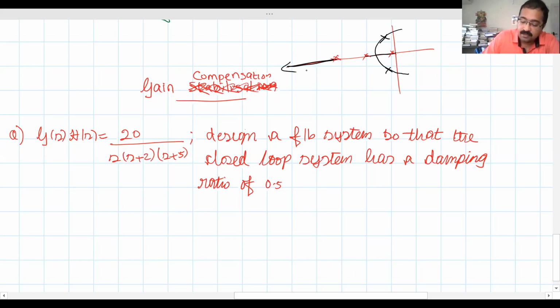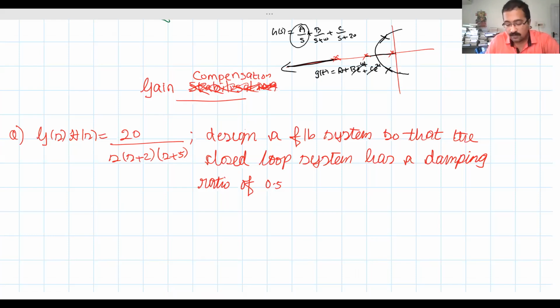Say for example, if you have a system like this, G of s is equal to a by s plus b by s plus 10 plus c by s plus 20. What is its response? Its response g of t will be a plus b e raised to minus 10t plus c e raised to minus 20t. As t tends to infinity, these two will become 0, and the resultant response is dominated by the pole which is closer to the j omega axis. Here the pole is on the origin. So that is the meaning of dominant poles. Dominant poles are those which are closer to the j omega axis.